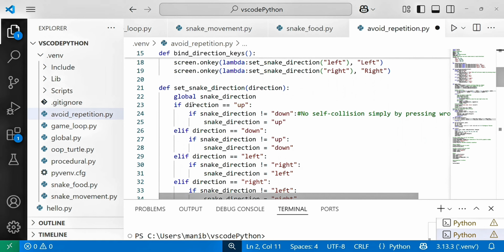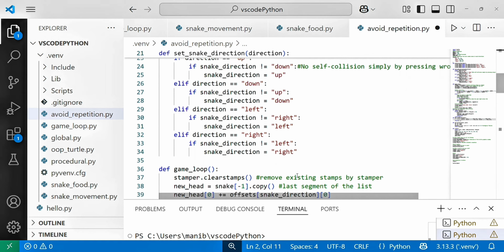Now I have defined set snake direction, where I have taken the global snake direction variable. If direction is up, then if snake direction is not down, then it should be up. If you want down, then you write: if snake direction is not up, then snake direction is down.